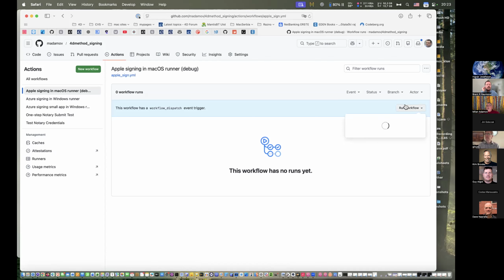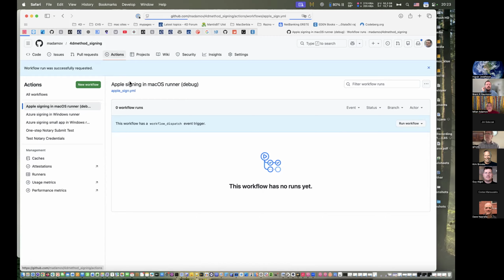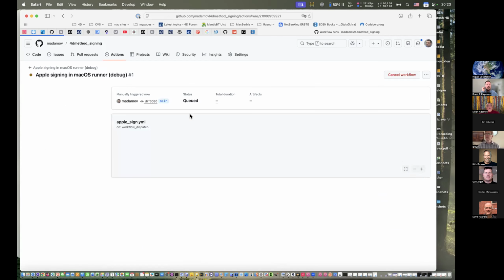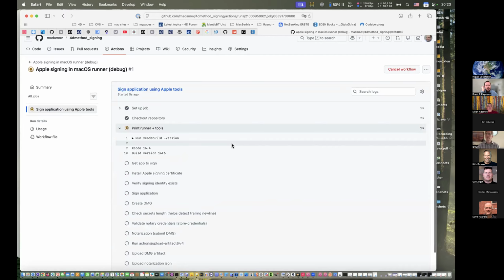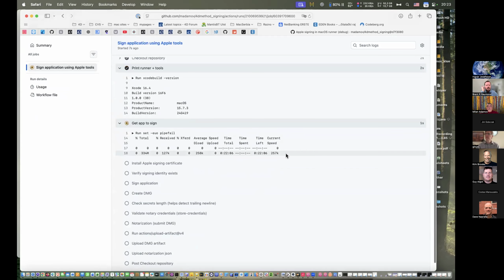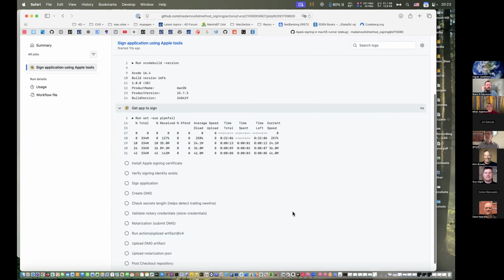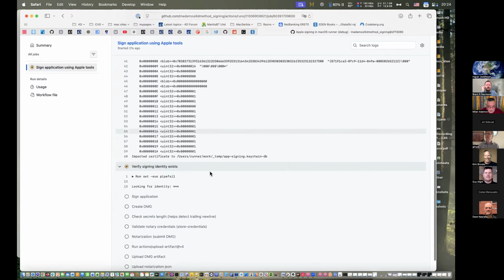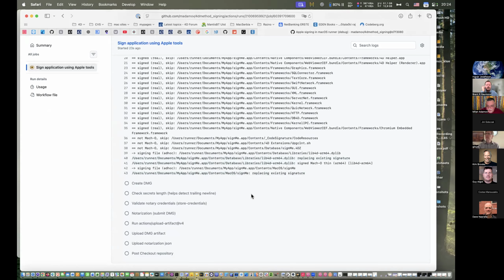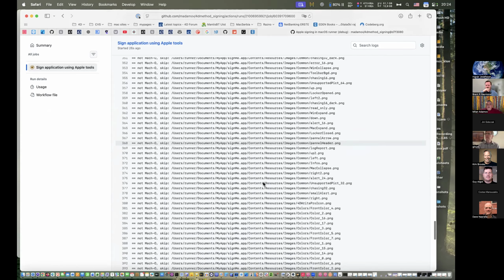So you can run your workflow, and you choose which branch to run. I don't have branches here, but you can choose. So I run the workflow, and you will see that GitHub is doing the same things that I was doing in the command line. So downloading the file at the moment. Now it's unzipping, expanded. Okay, doing the signing again.